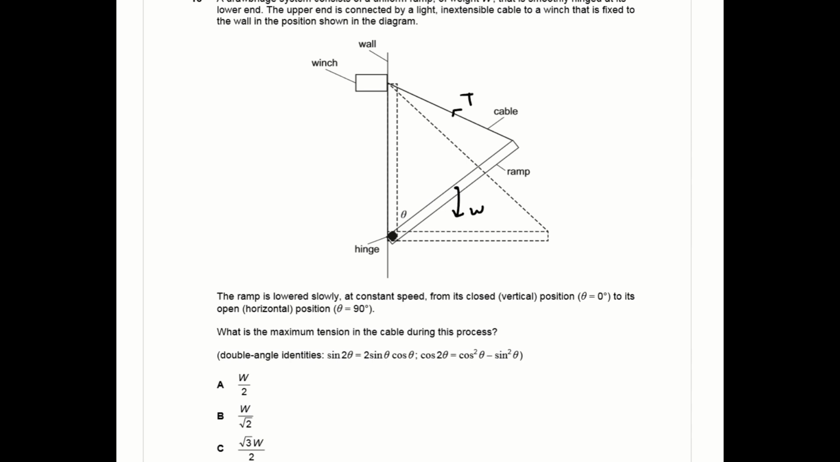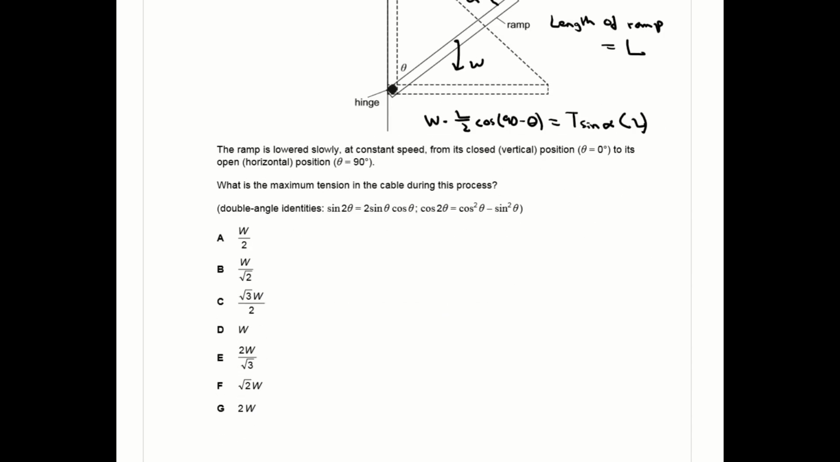Question 18 is genuinely a hard question, probably one of the toughest ENGAA questions I've ever done. But you want to go about approaching it the same way you'd approach any other moments question. So you want to take moments about the hinge. So you start off with the angle between the ramp and the vertical being theta, and you can write the angle between the ramp and the cable as alpha,